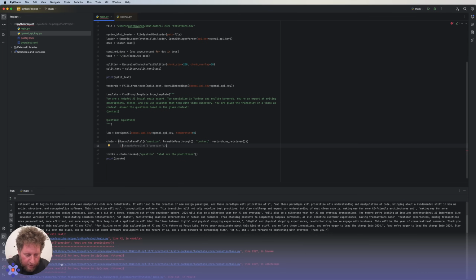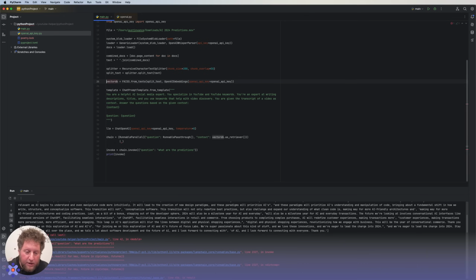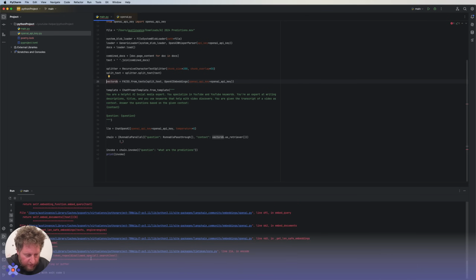Oh, what happened here? Well, let's get rid of this print because it's confusing me. And our get relevant documents is not getting the question directly, is what I think is happening. So what I need to do is actually pipe in... we're passing a full dictionary into the vector DB, and it doesn't know how to search for those documents.